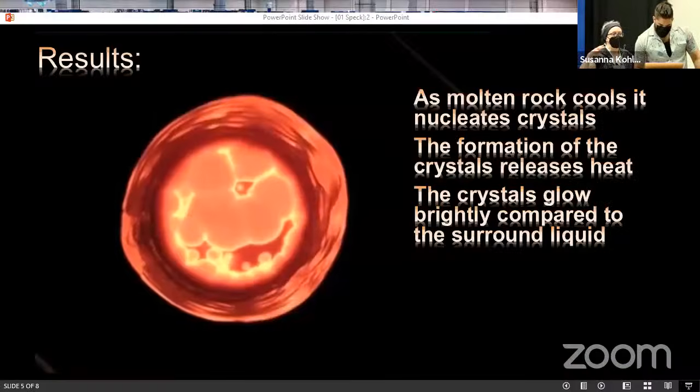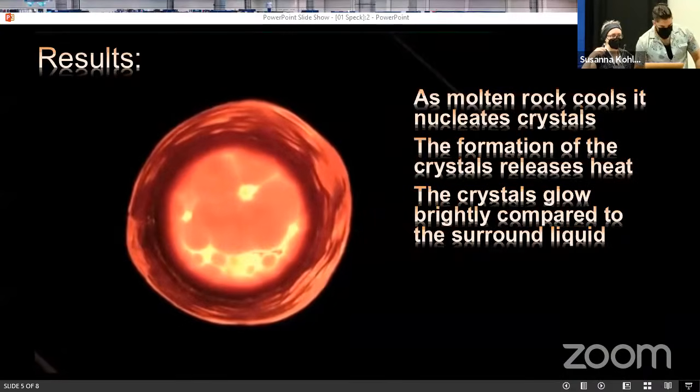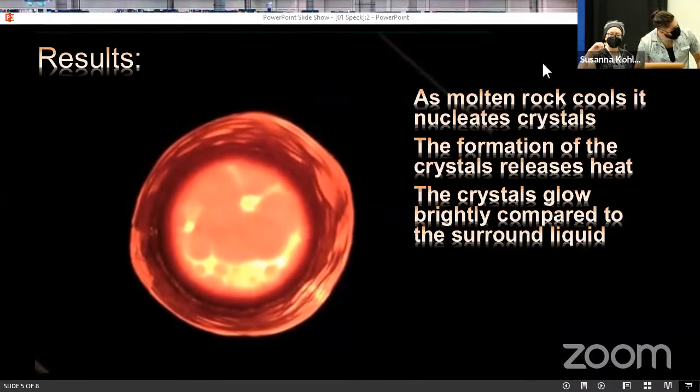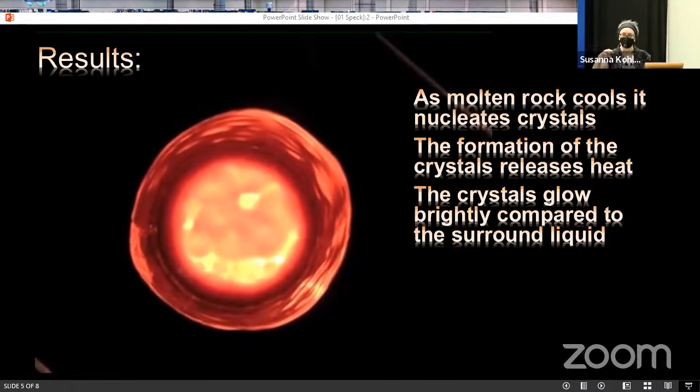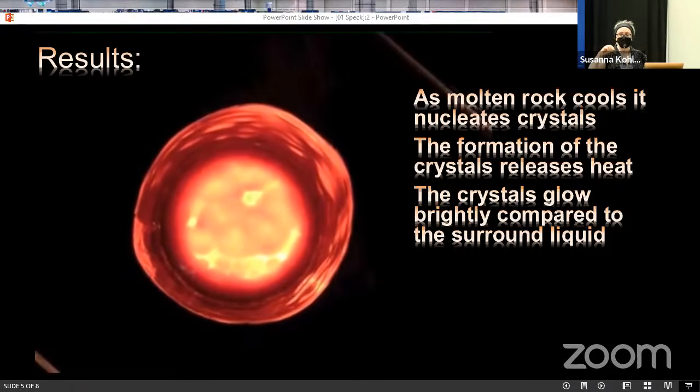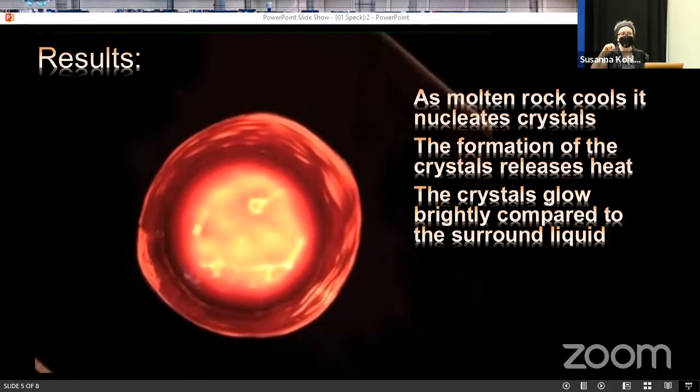Basically, what this is an image of, it's a crucible that's about 2 inches across. And in it, there is molten rock. The rock is made of a pyroxene silicate. So it's a silicate similar to what we would get in space. And thank you. And hopefully it will replay as well so you can see it. But what's happening is as it cools, crystals are starting to form. So you've got something that is a liquid. It is forming crystals. And when the crystals form, they glow.